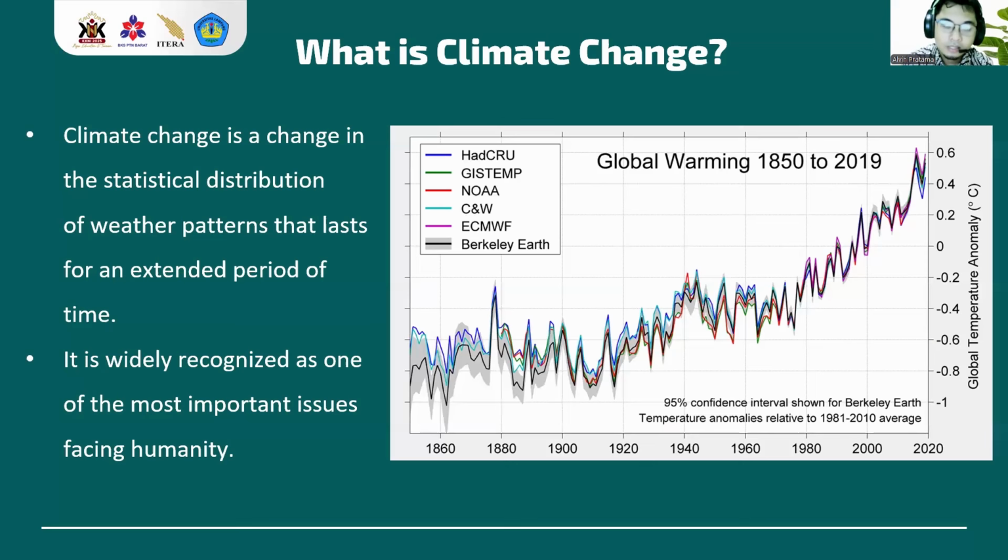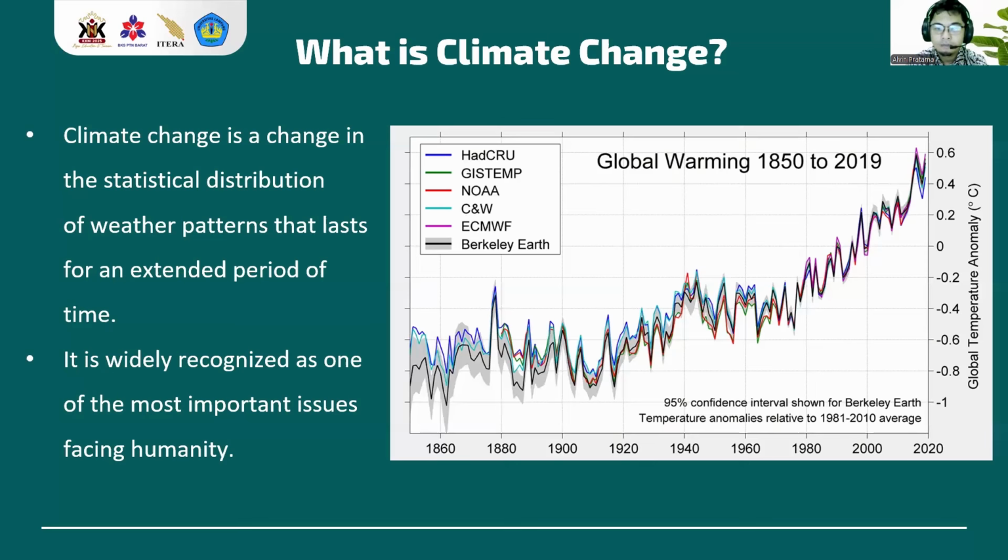In the slide, the graph shows the temperature anomalies recorded by various global climate monitoring agencies, such as CRU, NOAA, ECMWF, and Berkeley Earth. Despite using different data sources and analysis techniques, all these agencies report a consistent upward trend in global temperature anomalies. From this data, it is also clear that global temperature has been increasing more rapidly since